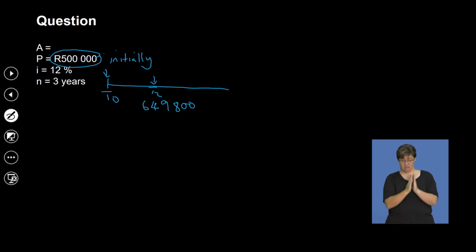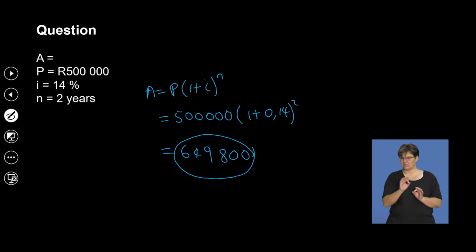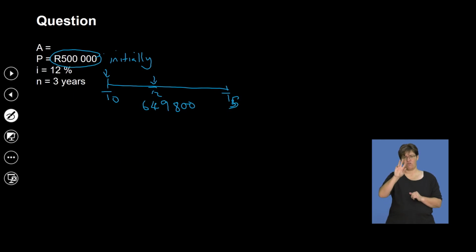And this was left in the share market for the next 3 years, which adds up to being T5. And that's how much we want to find at the end of the 3 years, meaning at the end of the duration of 5 years, how much did Nceba have in his account in terms of the share market. But let me just verify what the amount was again. So the amount was 649,800. That was correct. So the P value, please note, it's not going to be the 500,000. It's going to be what the balance is in the bank account at the time.